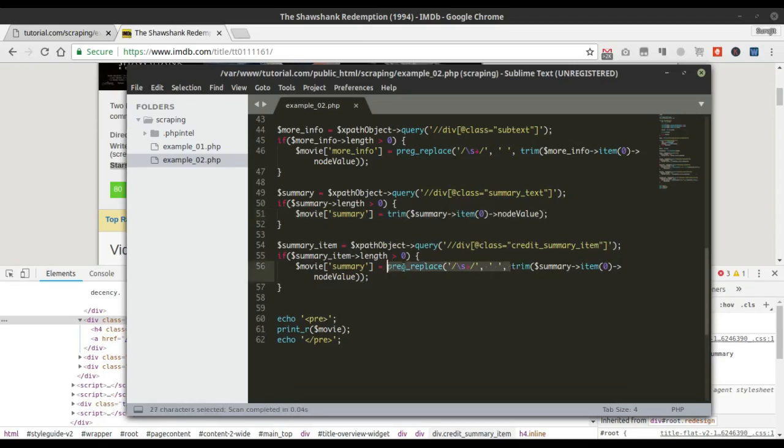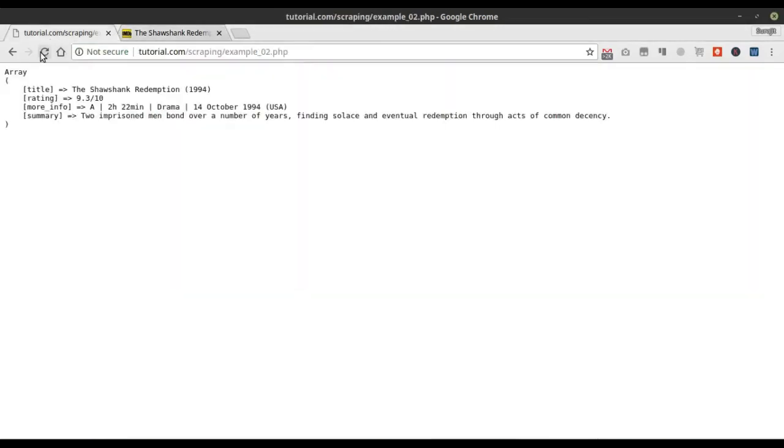So for movie summary, we have this summary item, we need to paste it here, and summary item here. Now we need to see if this works or not. So let's reload. So you can see we have summary item, only one item, because